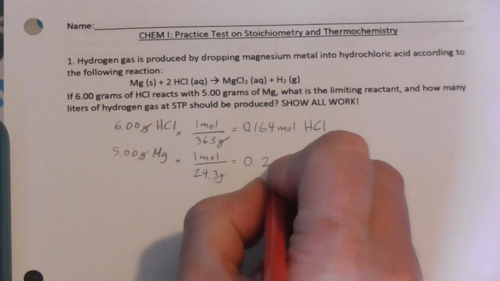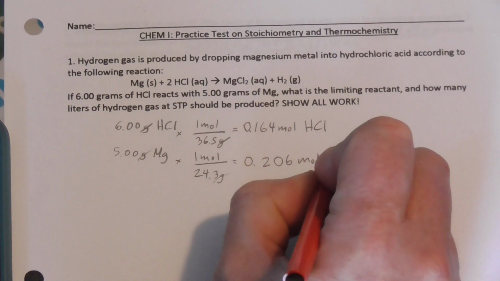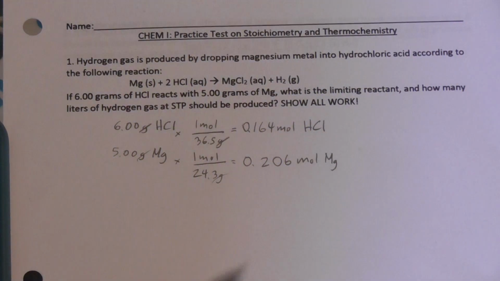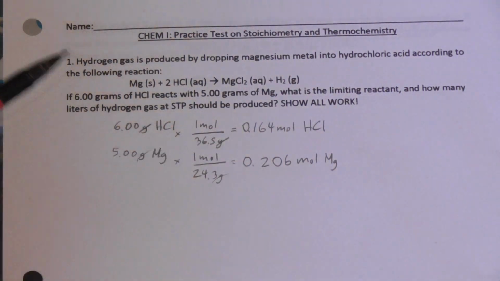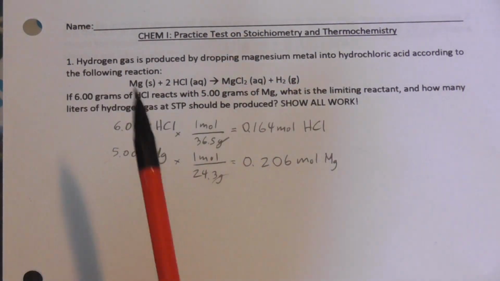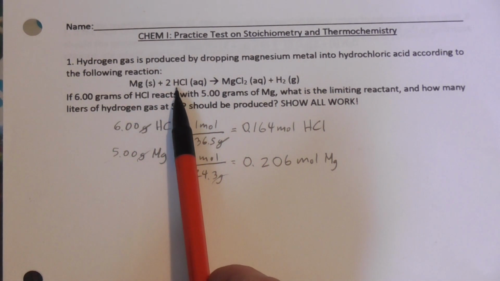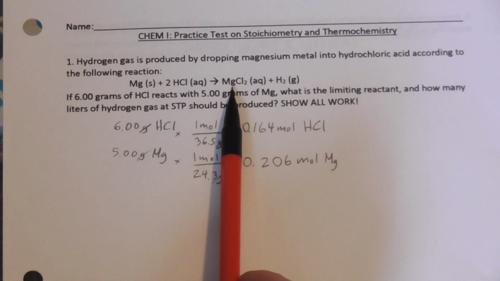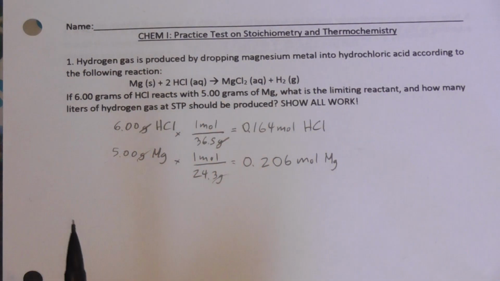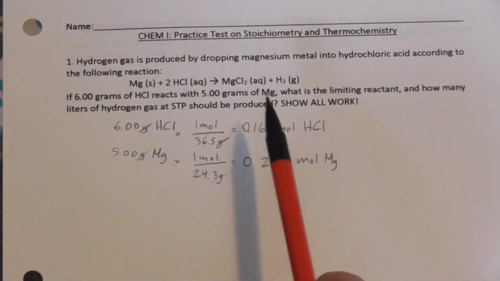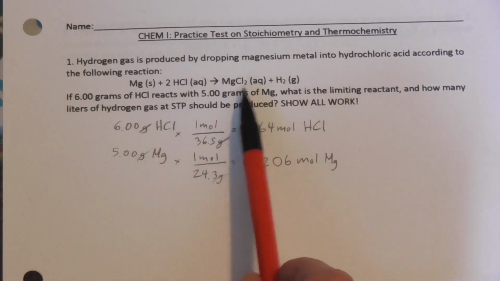We'll call that 0.206 moles of magnesium. Now, that is how many moles. My equation is based on moles. That is why I need to change everything into moles. Moles tells me that 1 mole of magnesium will react with 2 moles of hydrogen chloride. I'll make 1 mole of magnesium chloride. I'll make 1 mole of hydrogen gas. That's my mole ratio. With that ratio, I can now tell however much of reactant I'll need or however much